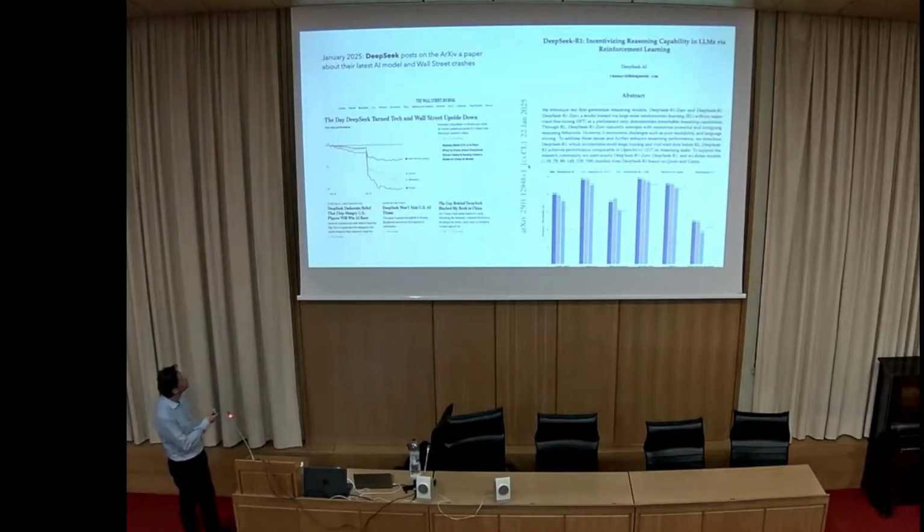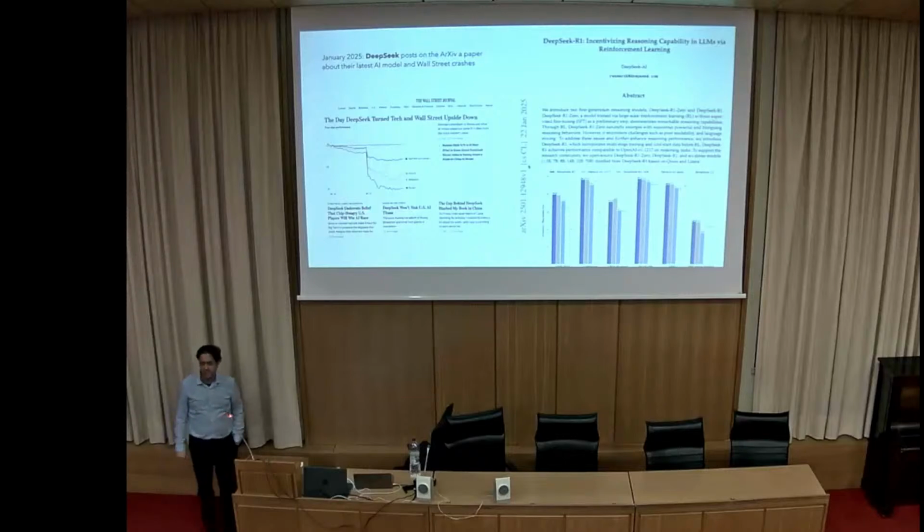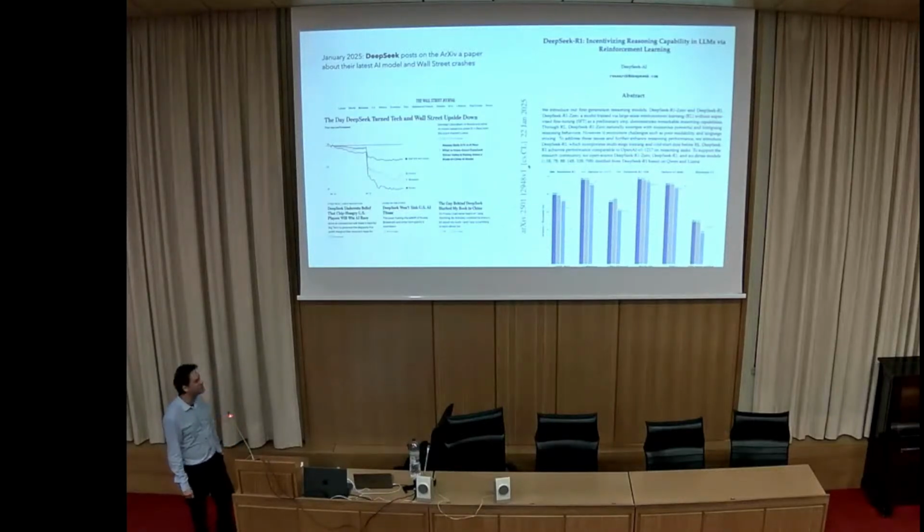And as you can see, this is basically a photocopy from the Wall Street Journal website. You see, DeepSeek undercuts belief that chip-hungry US players will win AI race. But what's really amazing to me is that a paper from the arXiv really has this huge immediate impact. Now, we'll come back later to this DeepSeek paper to discuss some of its aspects,